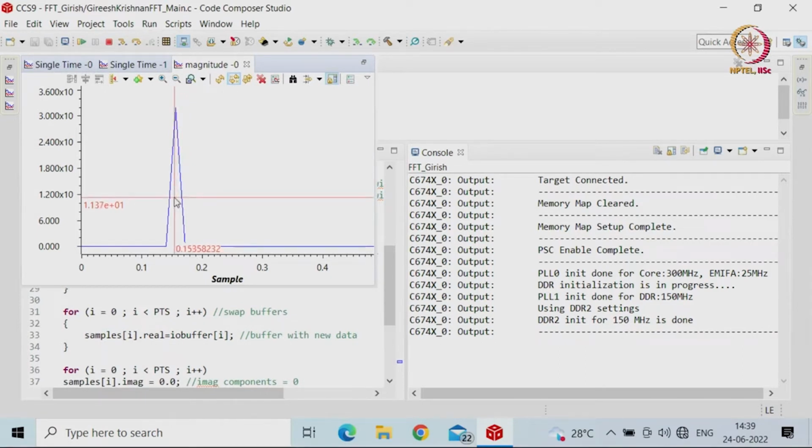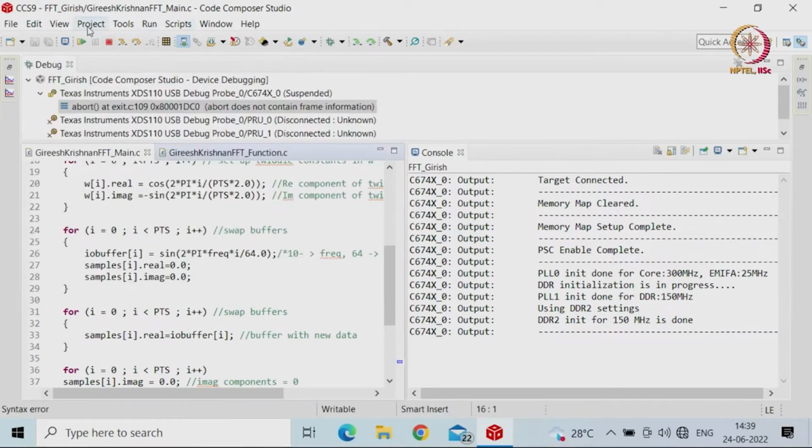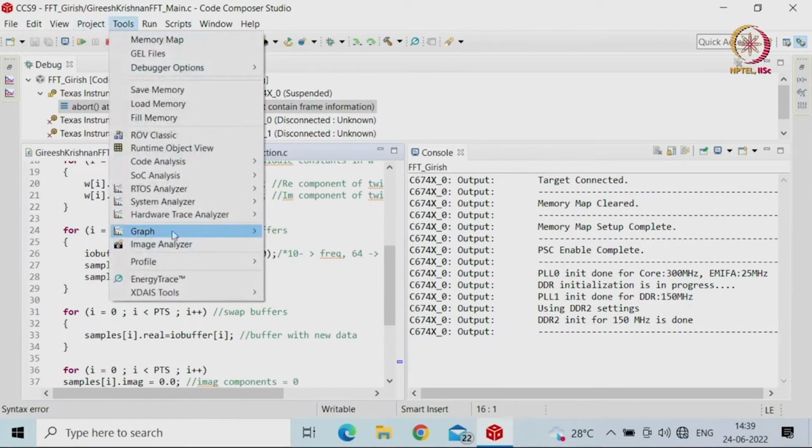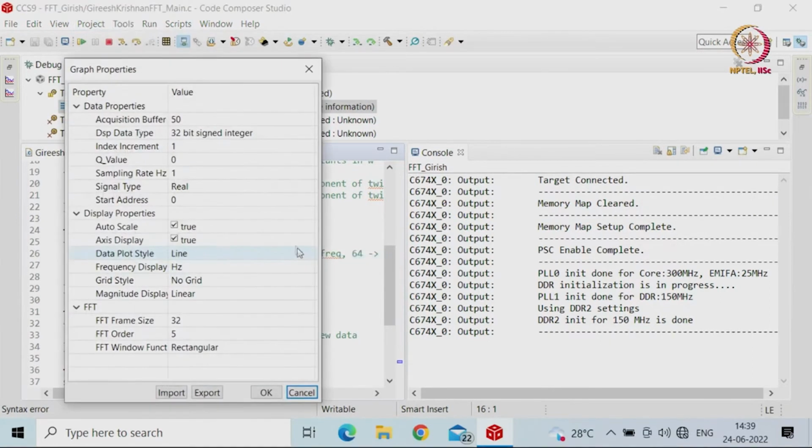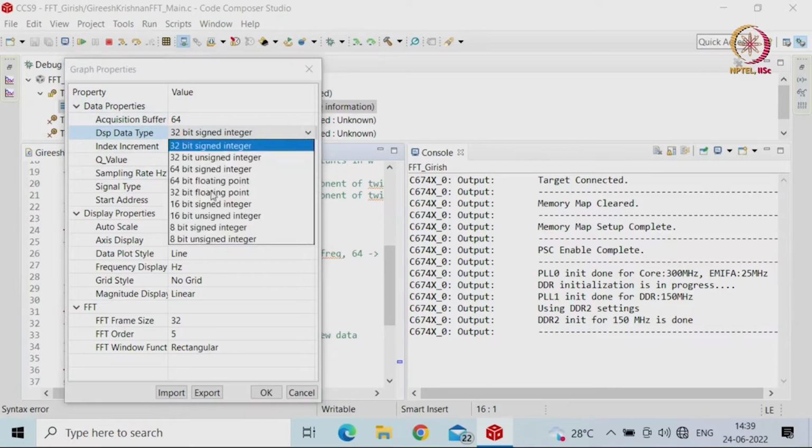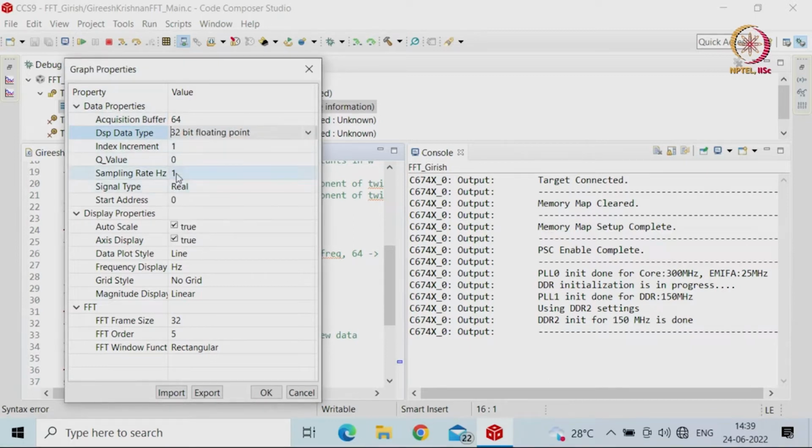I did not give the sampling frequency, I should have given it. So, you have to multiply 0.15 into 64, which is going to give you 60 hertz. If you are unable to see this, we will again go to tools and then graph, we will do FFT magnitude, and then this is 64, and this is 32 bit floating point, and here the sampling frequency what I have to give is 64, and then the start address is IO buffer,